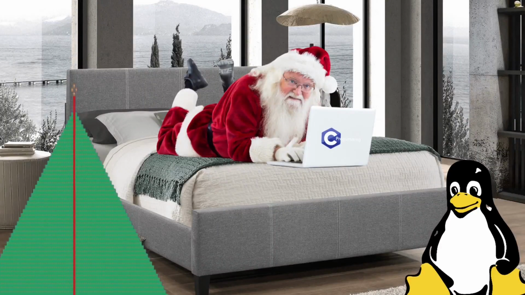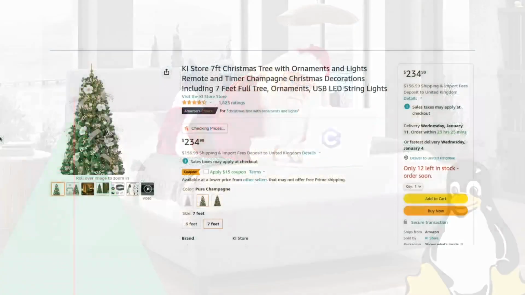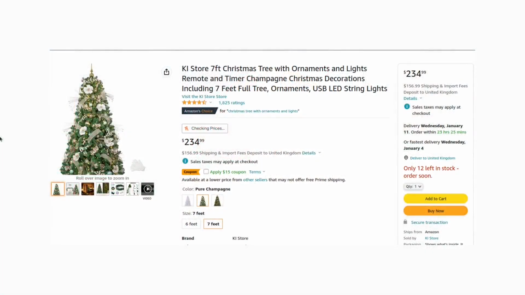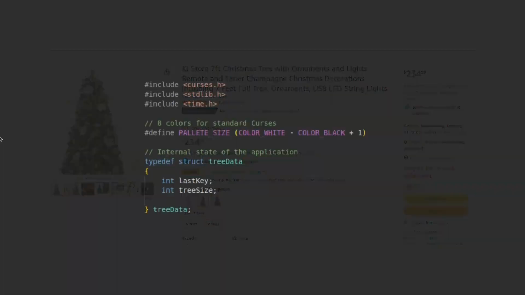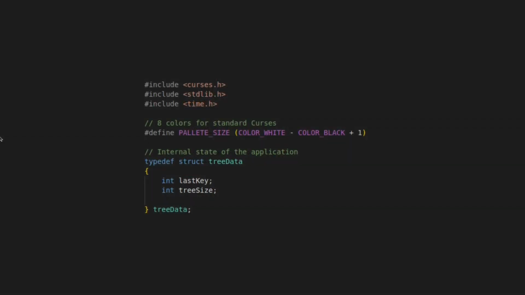Hello everyone, Christmas is right around the corner and it's time to browse for a new Christmas tree. But as we can see here, it's getting very expensive, so we're gonna be making our own in C using the ncurses library. So after installing the ncurses library, we're gonna be including it in our code, and we also